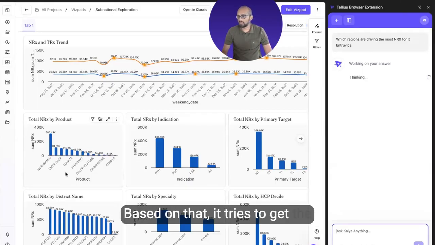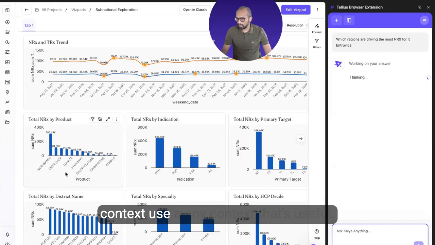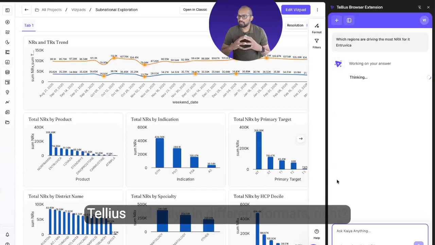Based on that, it tries to get the context, use any context that's useful. It'll also try to detect the business view based on that, and then pull the answer for you and answer the question, right? Behind the scenes, what's happening is we are now exposing the capabilities of Tellius and Kaiya in